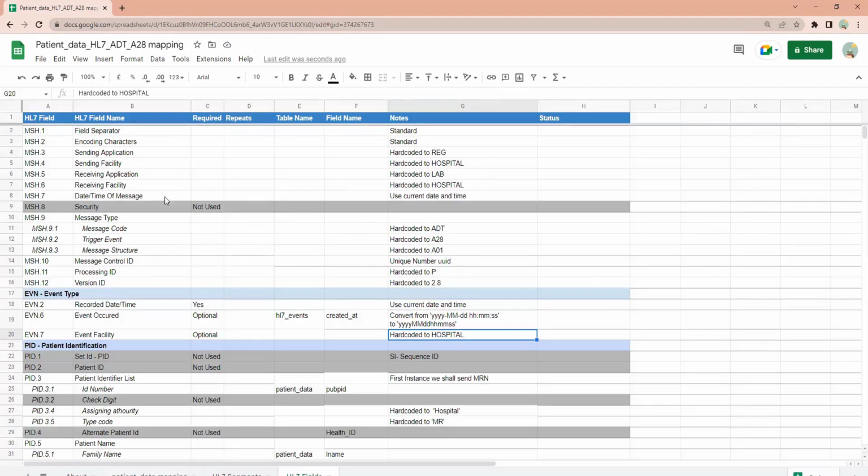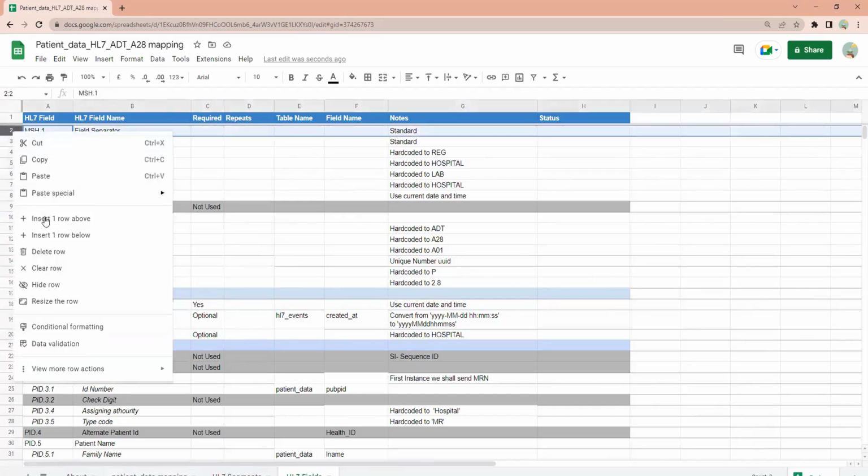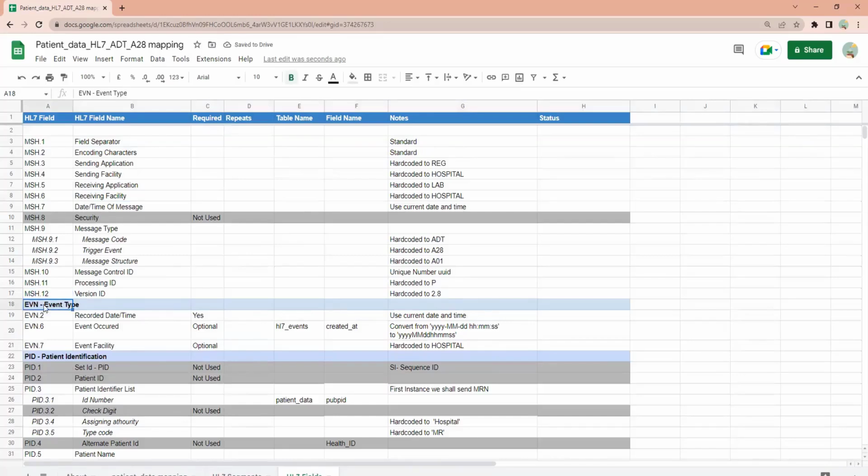So from the HL7 message perspective, for each and every segment, I'm sorry, let me just create one row over here. Segment by segment, so this is the MSH segment. Ideally, I would have wanted you to do all of this work, but since we did not get access to the digital version in the beginning, we are doing everything quickly. Only in the last session.